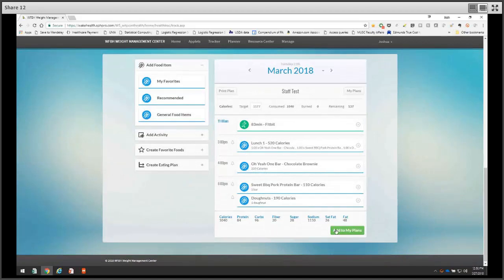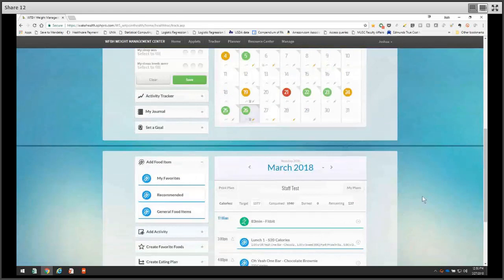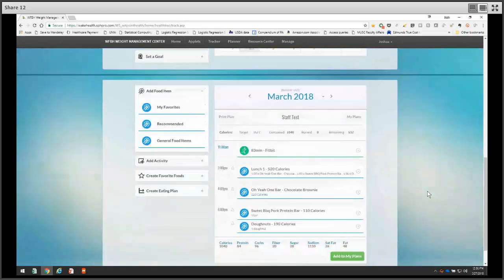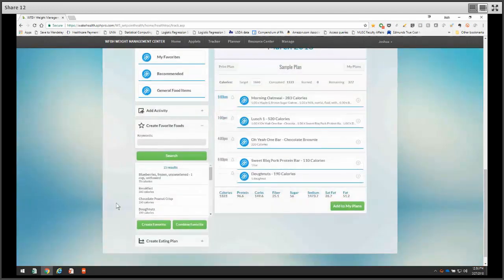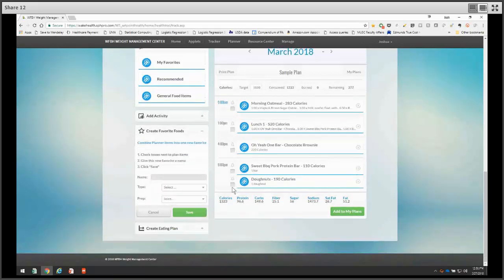Let me get, so I'm on, what is today? Let me do this. I'm trying to figure out a good day to use, one that's got multiple entries. Hopefully we've got multiple entries on the 26th here. Okay, we'll make this work.